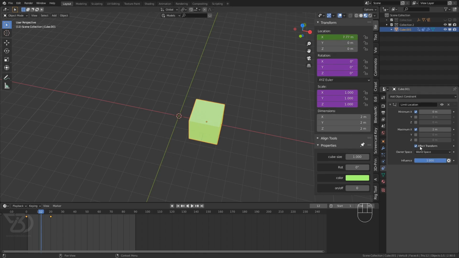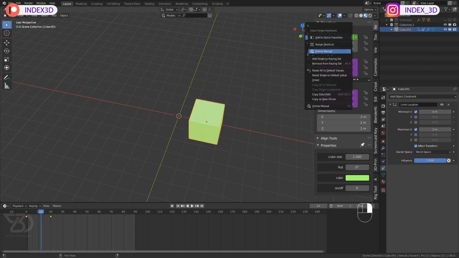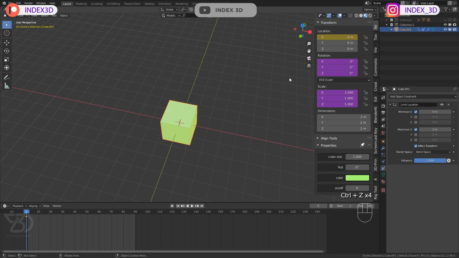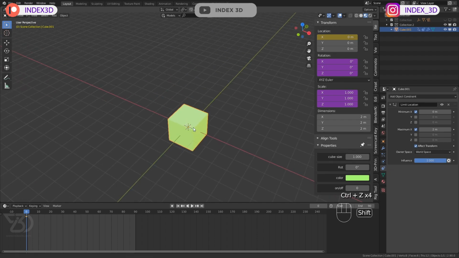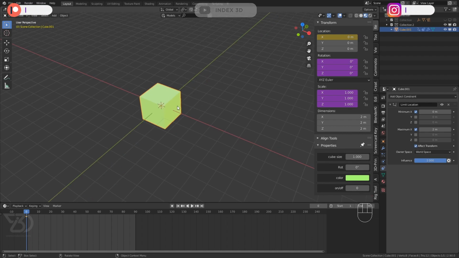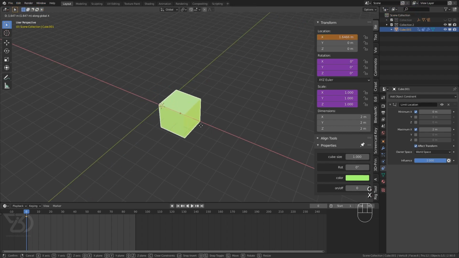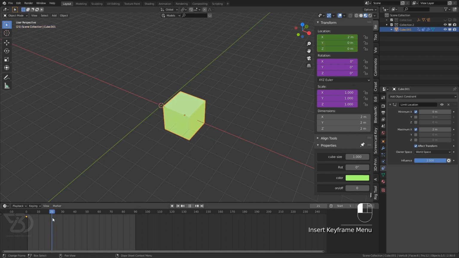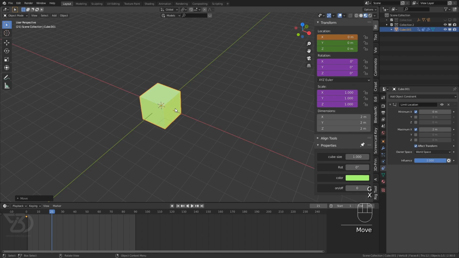So it's not quite working, but this effect only works if you are animating the values from the object, not from this. So if I move it from ZX and then move it, see, it's not going more than 2, and then we can stop it here and then insert a location keyframe. Sorry, I forgot to move it back. Okay, so now it's working kind of, but we cannot use this area to animate it, and this will add lots of extra keyframes, like these 2 keyframes which we do not need at all.